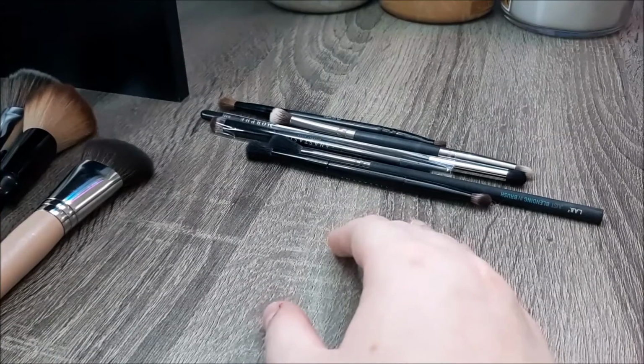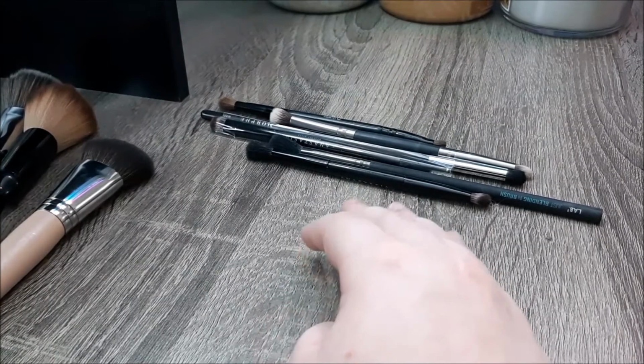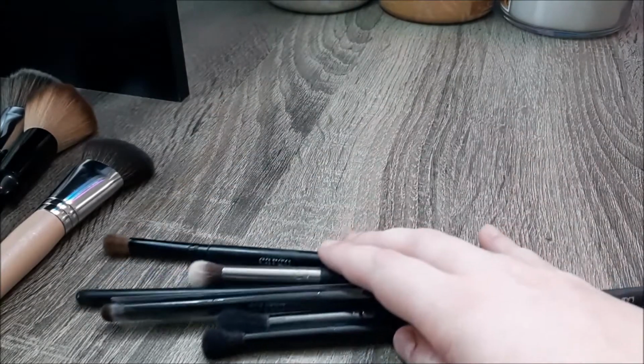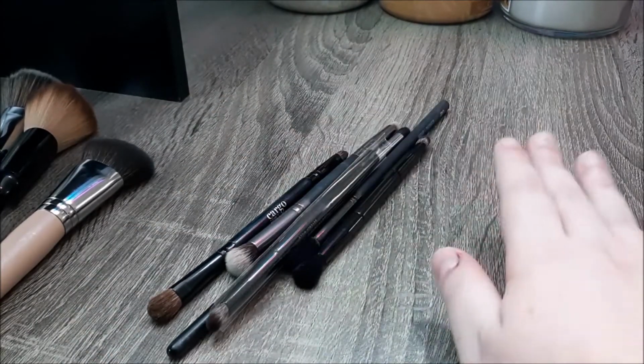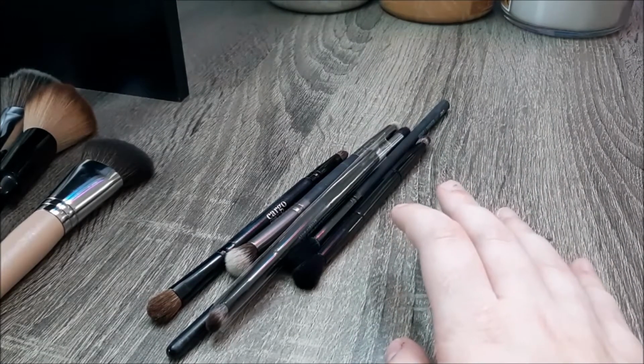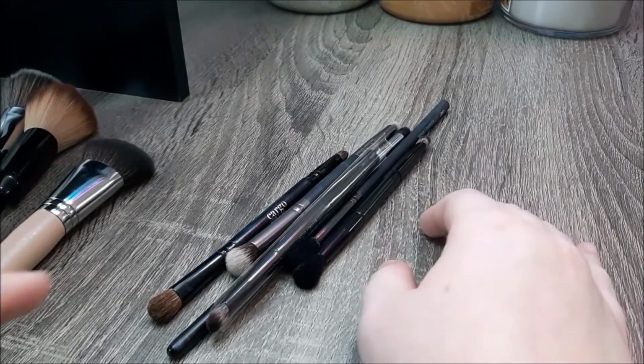I did also put a sponge in here, but I actually have it downstairs at the sink because I have to wash it, so I'm not going to show you that right away. Here are all the eye brushes. I figured this was going to be the time to shine for all of my little double-ended eye brushes that came in palettes that I never end up using because they're so